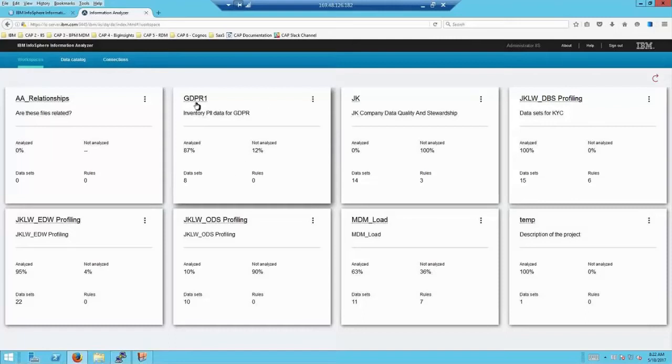So first things first, I'm going to go find 2 files that I want to add to the GDPR1 project. GDPR, of course, is very interested in the data classification, so that's our main goal in that project. To add data sets to an existing workspace, or even to create a new workspace and add data sets to it, I go over to my connections